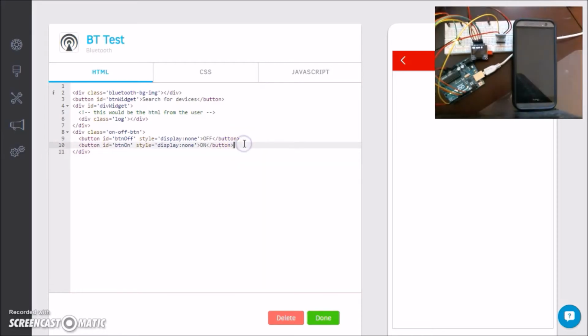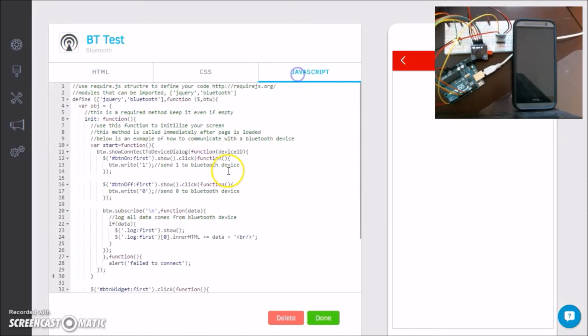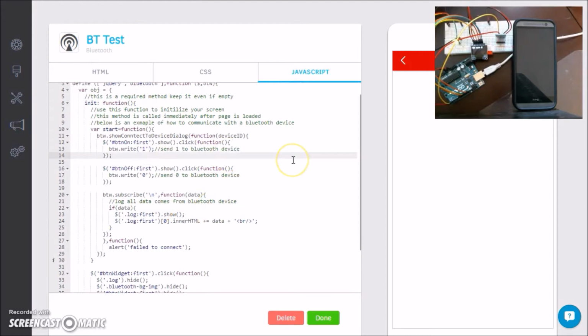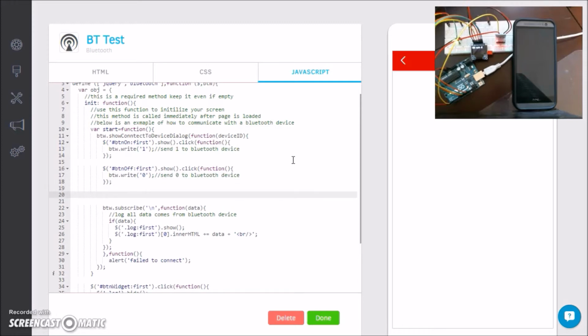Okay, I'm going to add another button here. And I'm going to call this blink. And we'll call this BTN blink. And basically what I want this to do is I want the light to automatically turn on and off on its own. So let's go to our JavaScript here. What we want to do here is we handled the on button, the off button. What I also want to do here is I want to handle